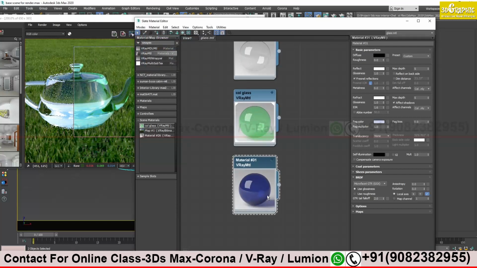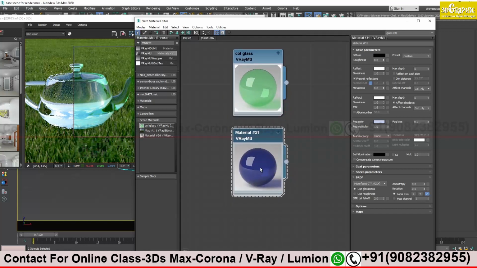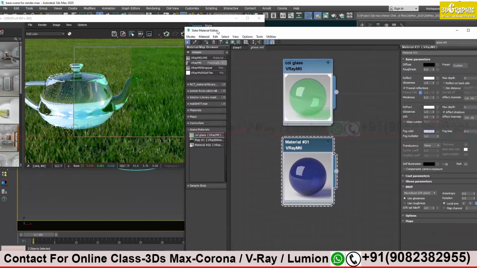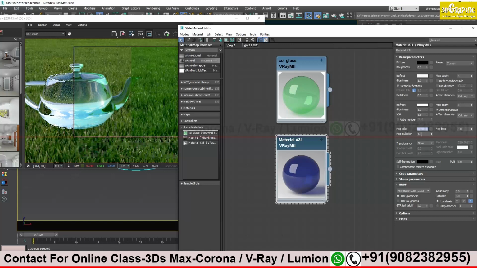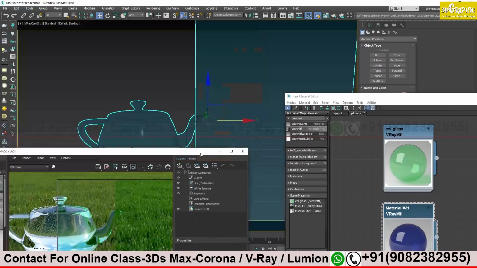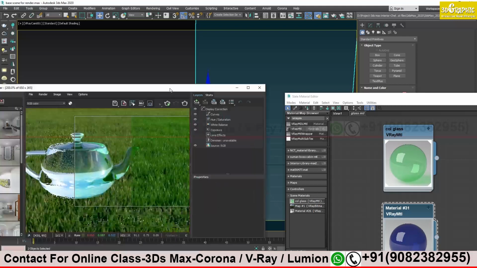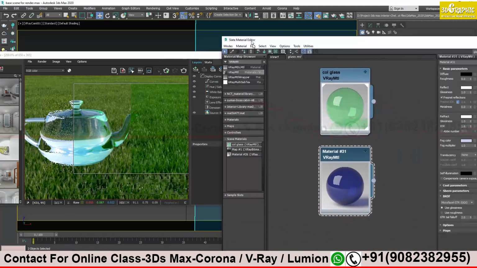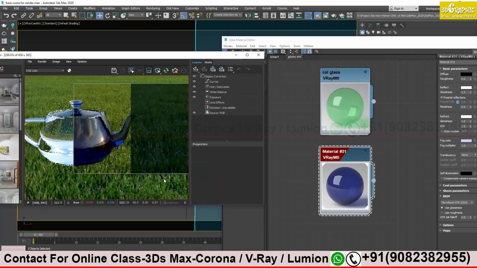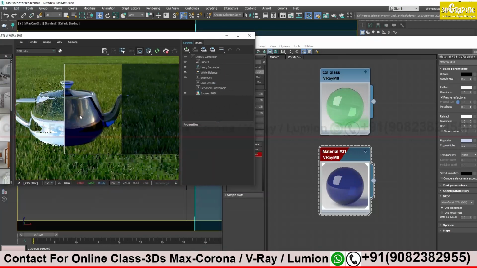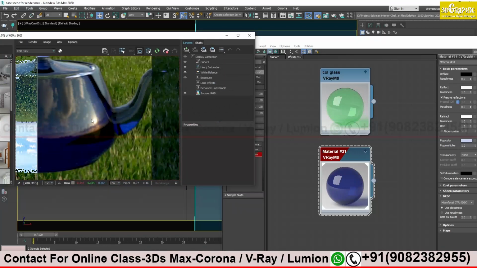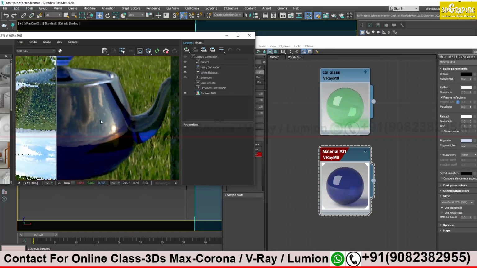You see, it is looking like a more thick kind of glass, no? Very thick. Very less light is passing through this glass. Let's apply this and then we will make some changes on the parameter of fog. So I select both the object over here and let's apply this. Apply, and then quick render. You see over here, it looks like a very thick kind of glass, no?